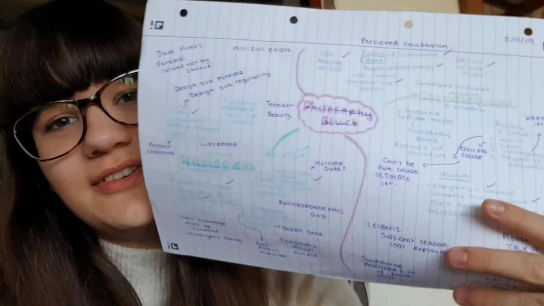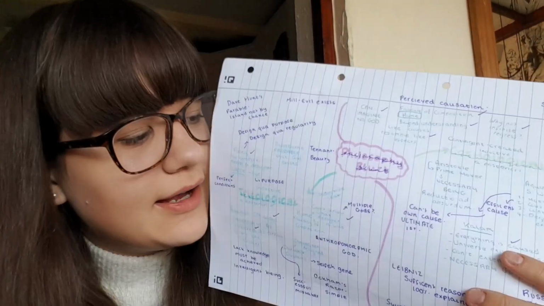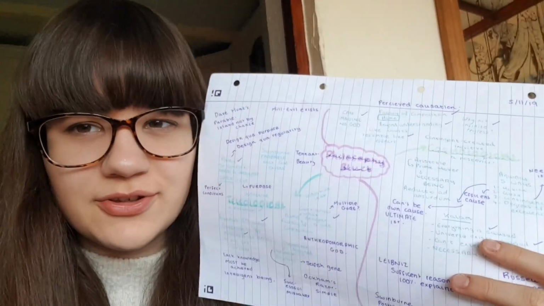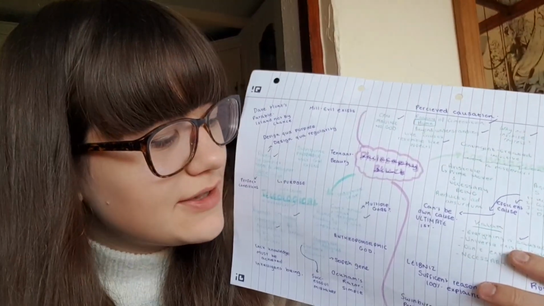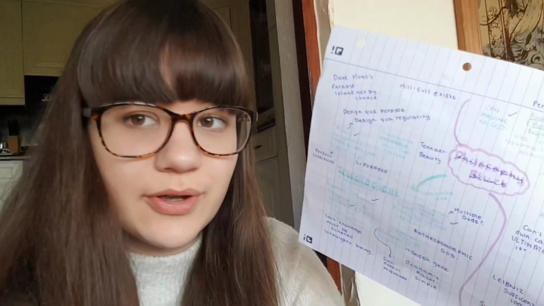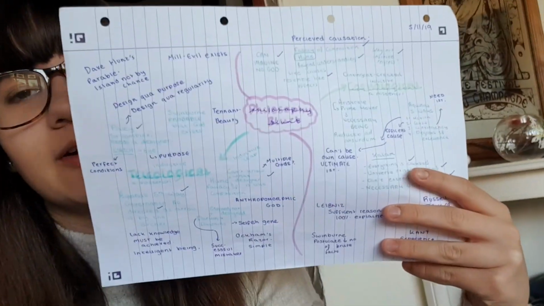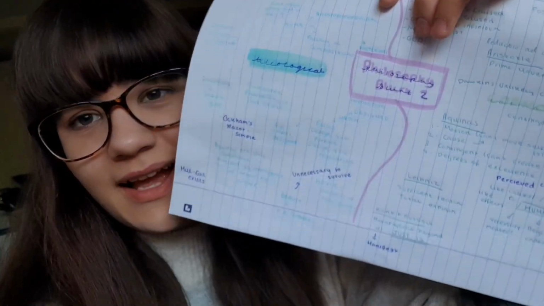So what you do is you write the subject in the middle, so this one's philosophy, and I've got 2 different colours because I was doing 2 different topics, but you write down everything you can remember in one colour, and then you go back through with the textbook or your notes, and you fill in everything you forgot with a different colour. So purple is what I forgot a lot. But then I did it again a little bit later, and there's a lot less purple. And then you do that again and again and again. And basically, just like practice papers, which I will get onto in a second,